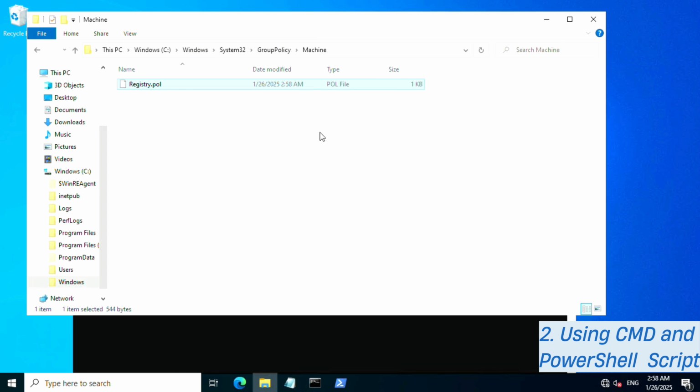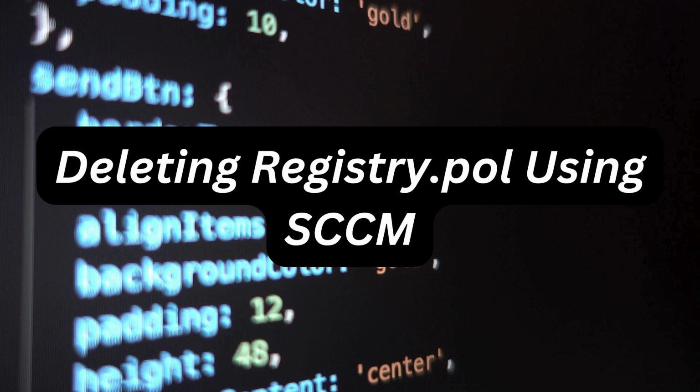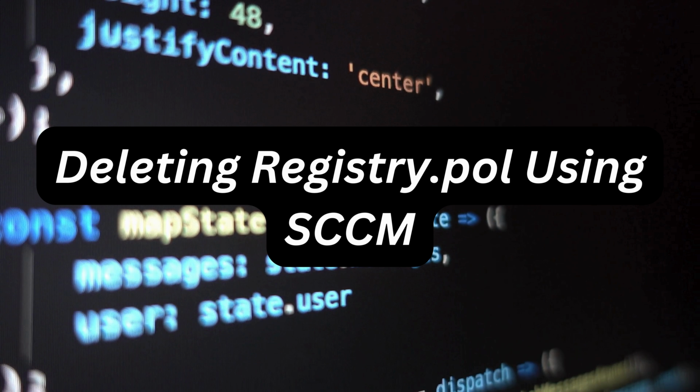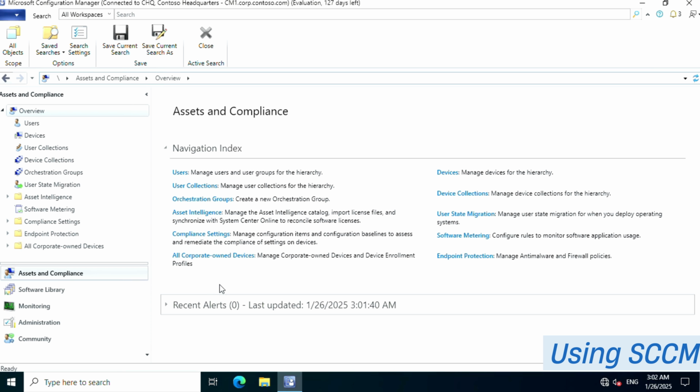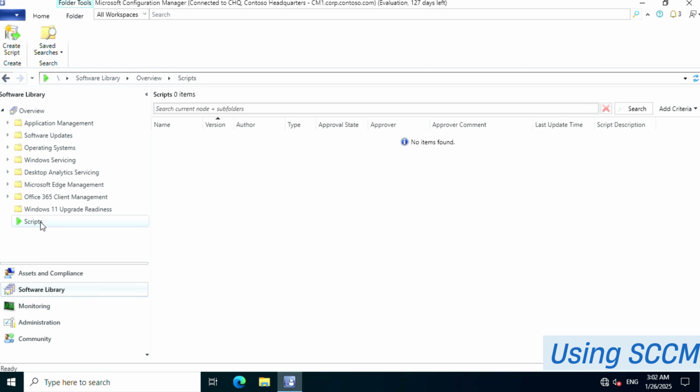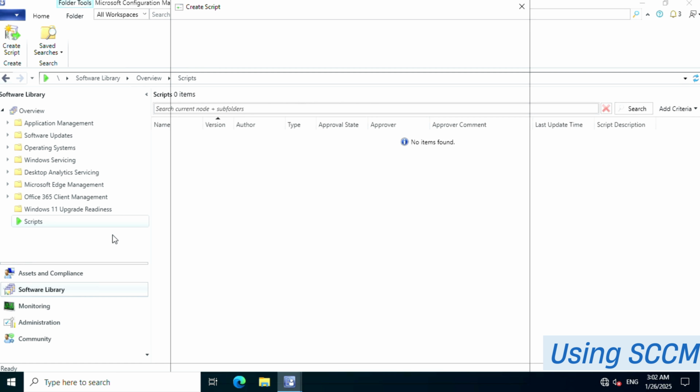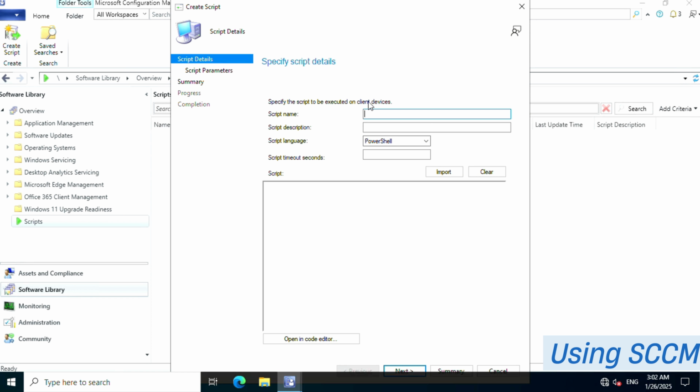Now let me switch to my SCCM server and I will show you how we can do the mass deletion from the SCCM server. So, to deploy and delete the registry.pol file using SCCM, we are going to use the SCCM script option. We will go to software library. The last option we have is script. We will create a PowerShell script over here. So to create a script, right click, script option, create script. And then let me give it a name,